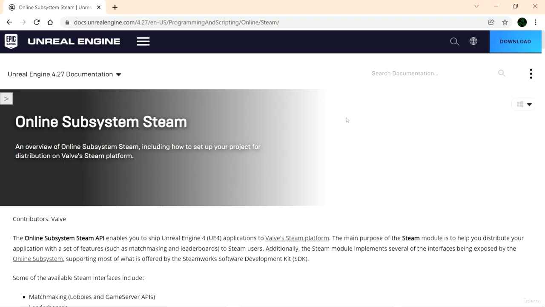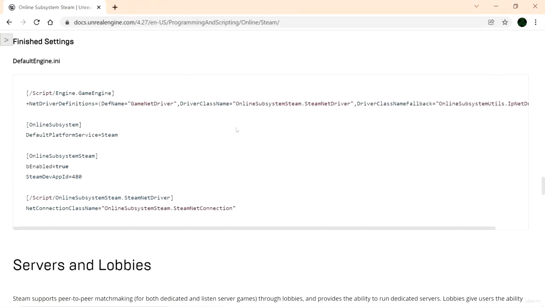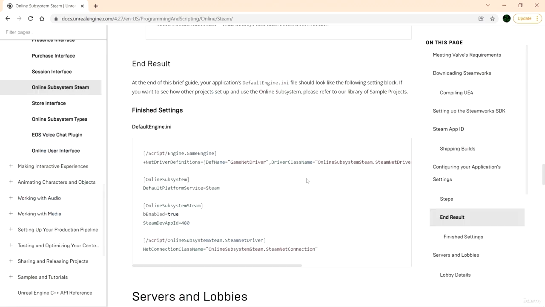Now here's the Unreal Engine documentation for the online subsystem Steam. If you'd like to learn a bit more about this, you can read this article. But if we scroll a good way down, we'll see that it contains information for the settings that we have to add to the default engine.ini. The first thing we see here is a section that we should have in our default engine.ini file,